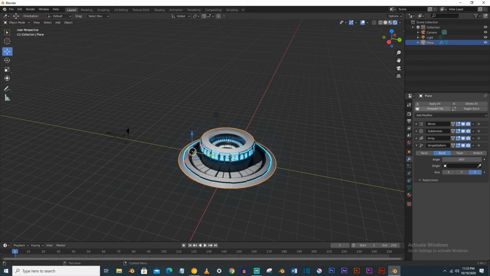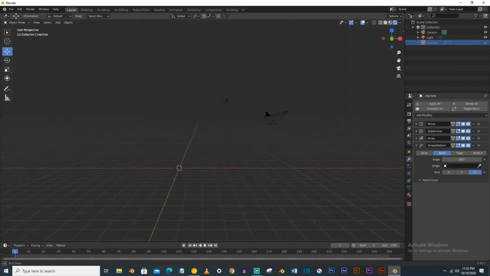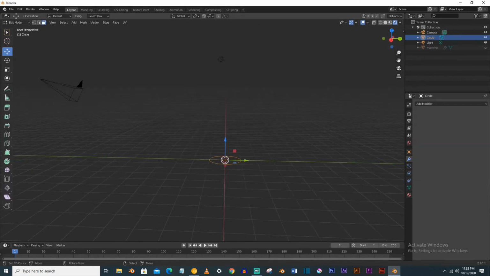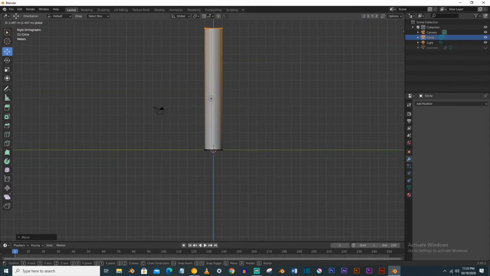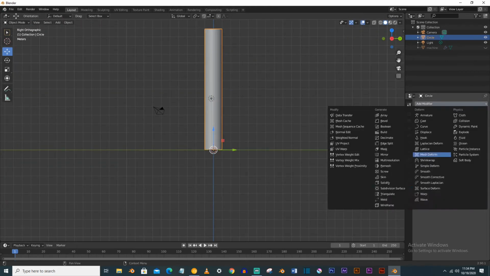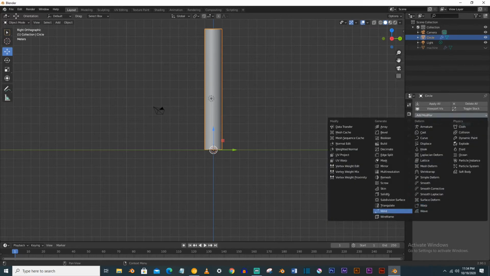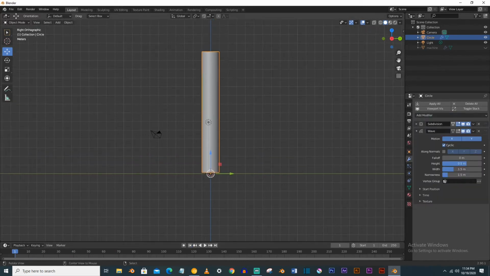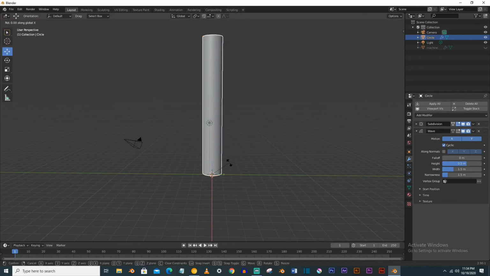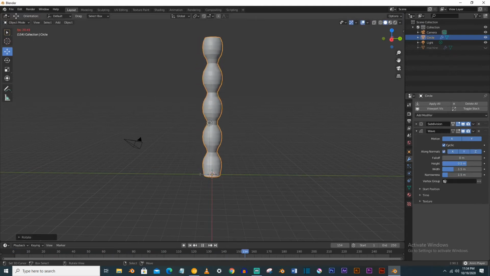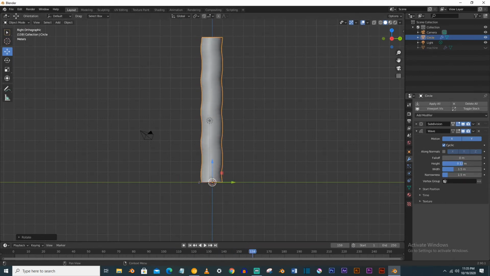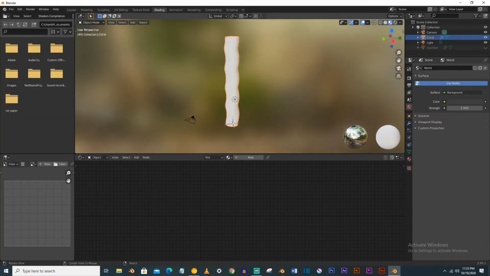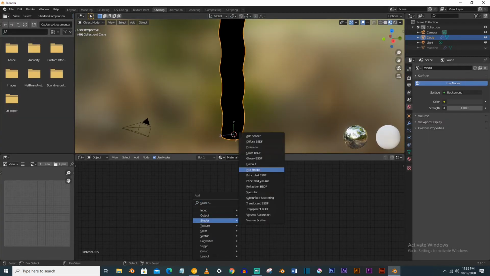Now we have to make the beam effect. So for that, select the circle here, go to edit mode, extrude it and make edge loops on it. Now you have to add subdivision and wave modifier, and there you have to change the origin point to affect only the origin, and then rotate the origin on the x-axis by 90, and then you can just decrease the value of the wave modifier.